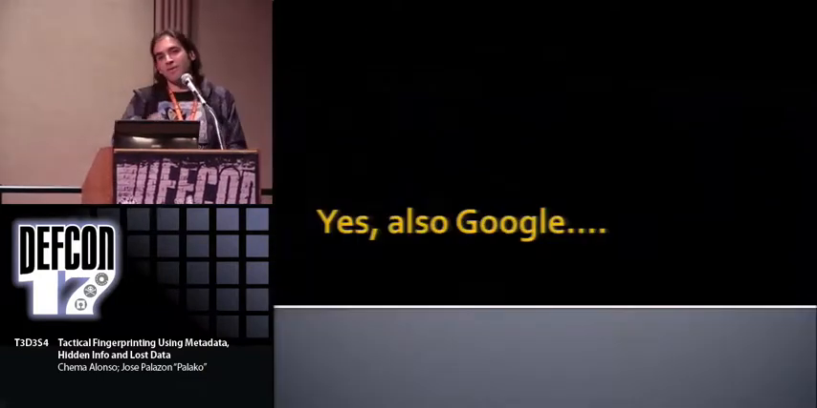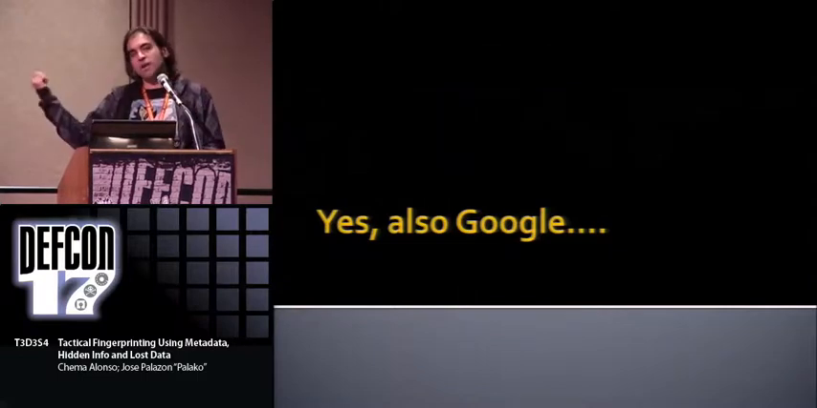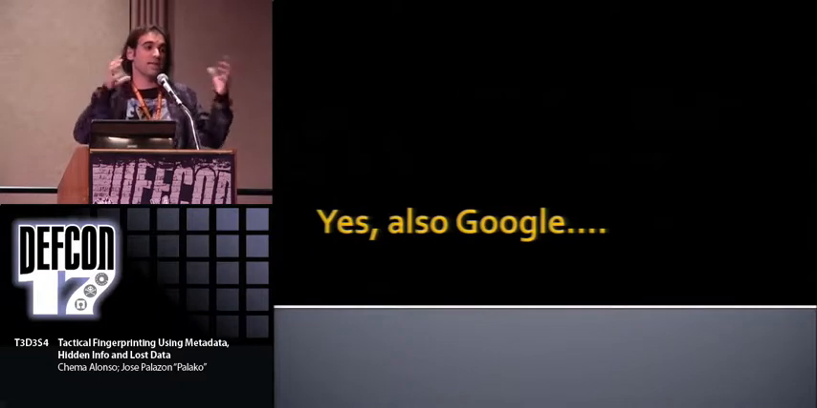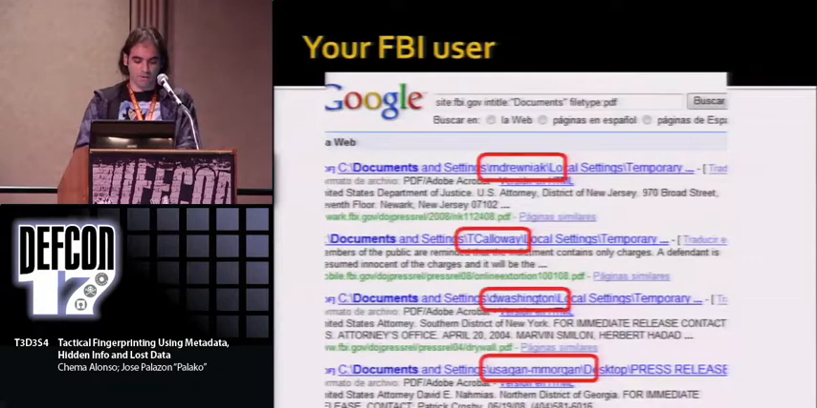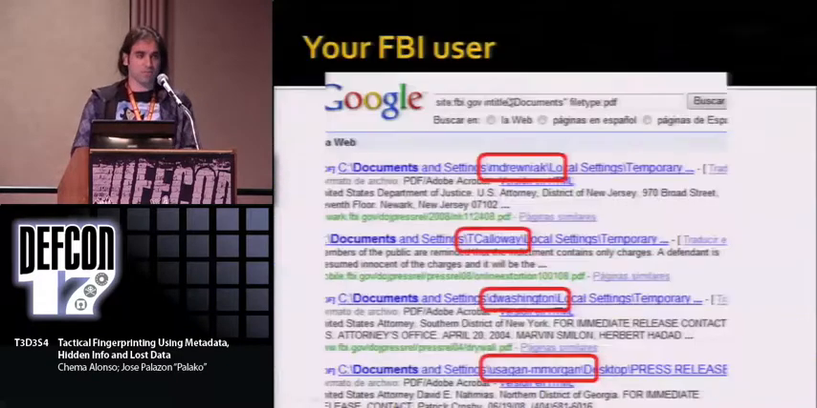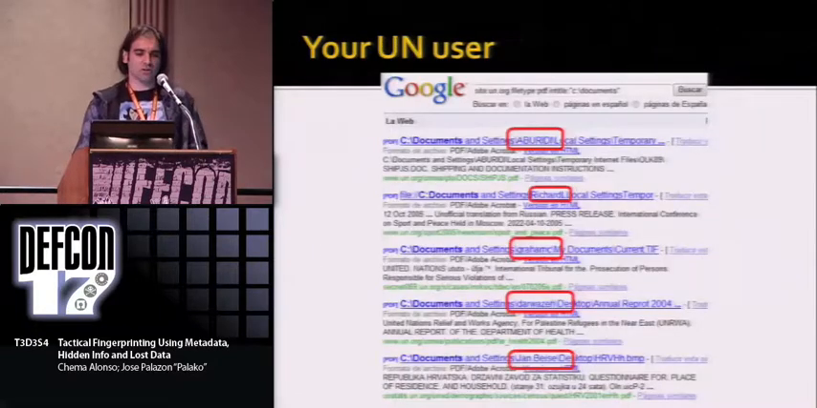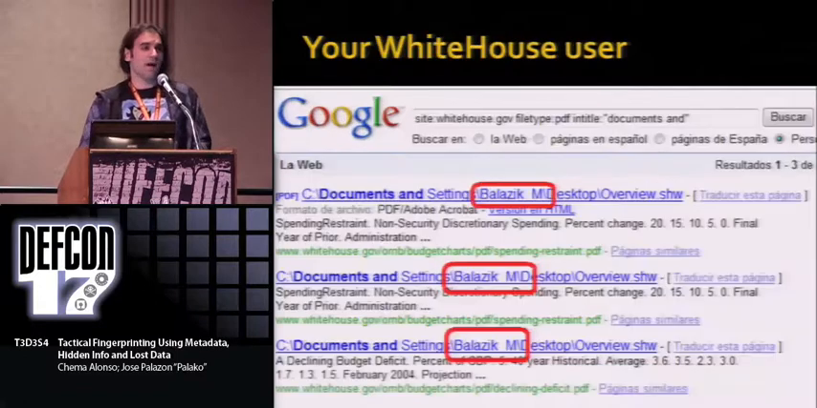And of course, you don't even need a tool. You can just use Google, because as Palaco said at the beginning of the presentation, Google has its own metadata. So we can discover an FBI user just by searching Google for something like this, looking into the title for the word "documents", and you can see the users: Medreniak, Callaway, a user from the United Nations, a user from Scotland Yard, a user from the Carabinieri, remember, not American cars in Italy, and